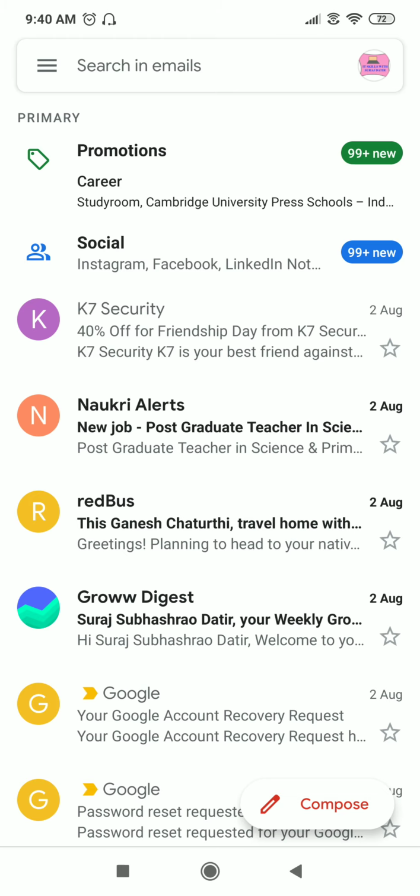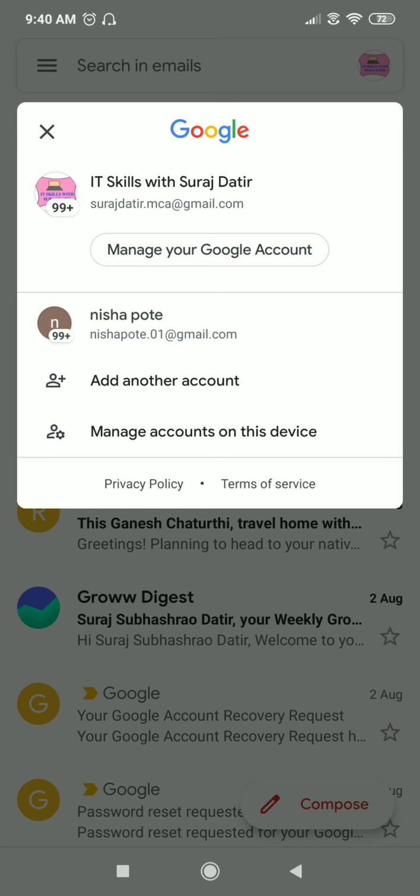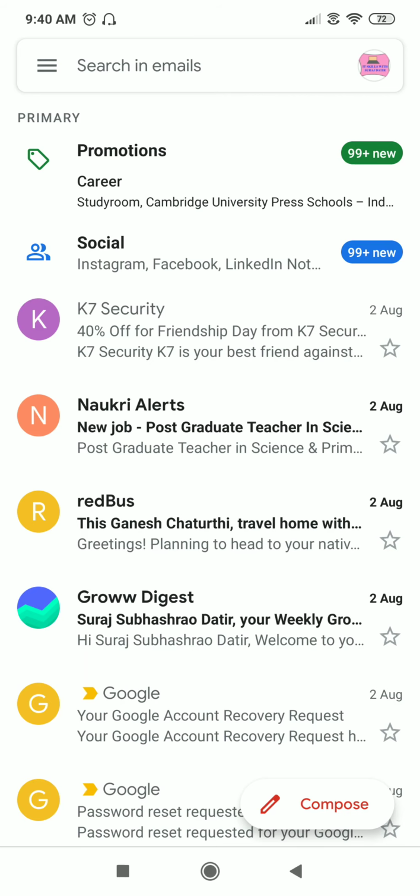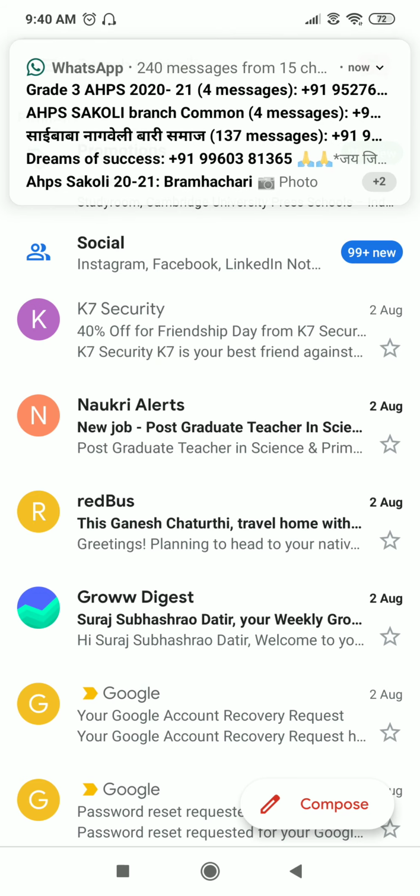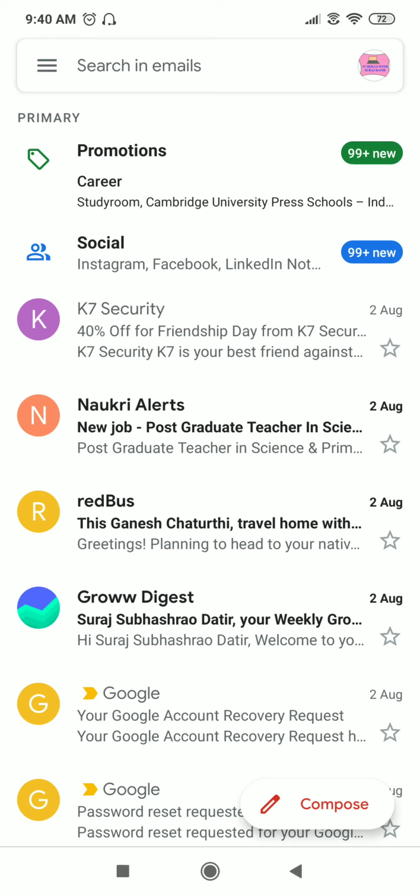This is the icon of my email ID, so you have to verify this icon, and here you have to check whether you are logged in with your email ID or not. If it is logged in, then 100% sure your Google Meet will work, because the Google Meet application totally depends on your email ID. If your email ID is not properly logged in, then Google Meet will not work. So the main thing is you have to check whether you are properly logged in with the same email ID or not. The same email ID you have to use in your Meet application also.